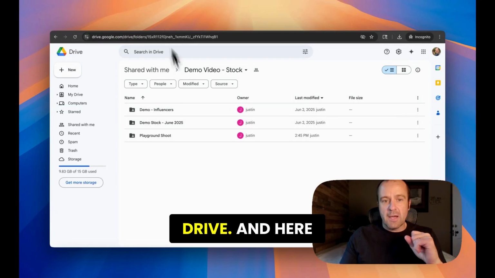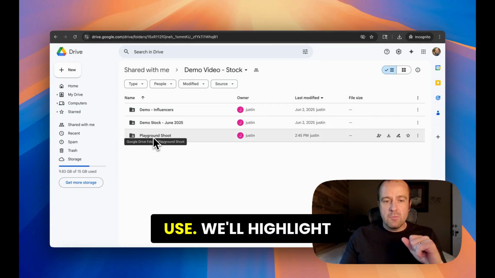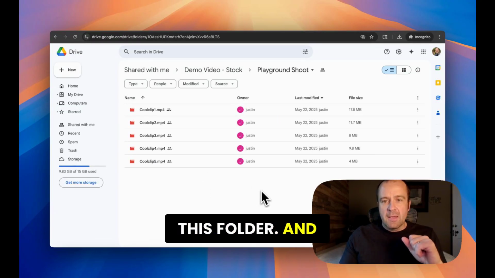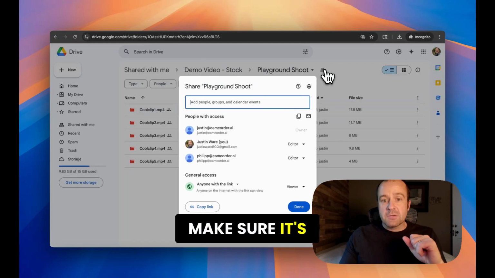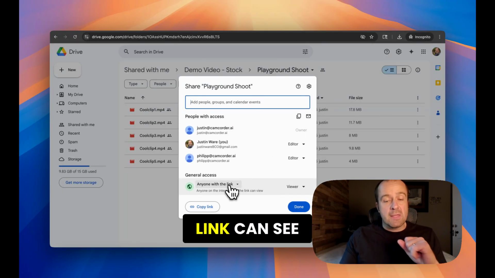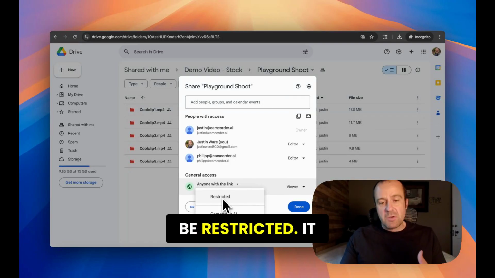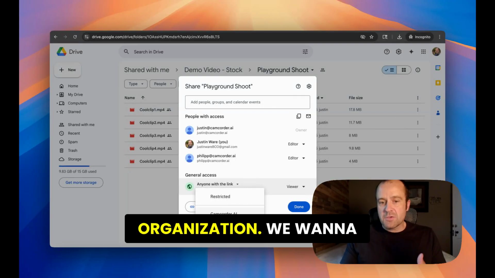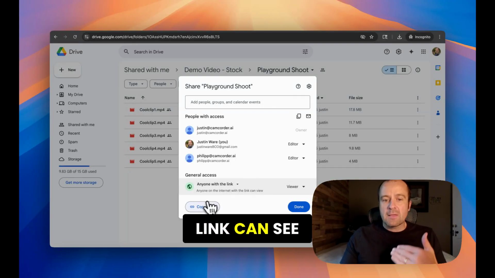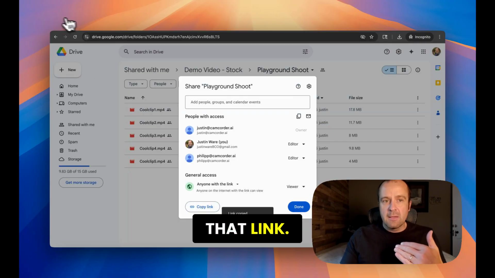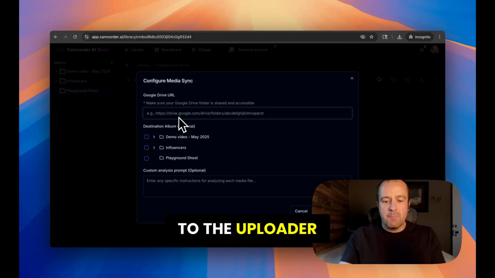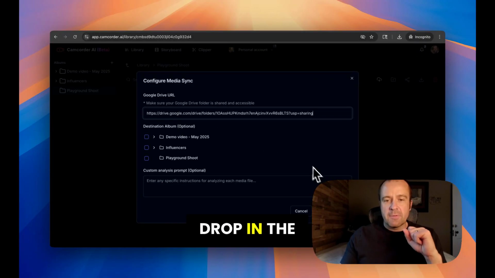So we go over to Google Drive, and here we have a folder we want to use. We'll highlight this folder, and then we want to copy a link, and we want to make sure it's easily shareable so anyone with the link can see this, right? Because we need the Camcorder AI platform to see it, so it can't be restricted. It can't just be limited to your organization. We want to make sure that anyone with the link can see this folder. Copy that link, bring it back to the uploader here,